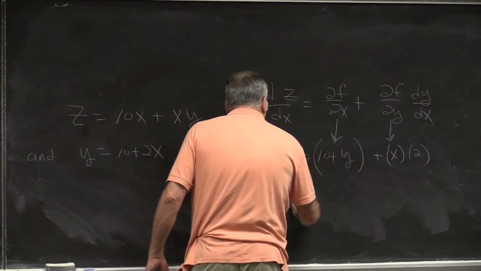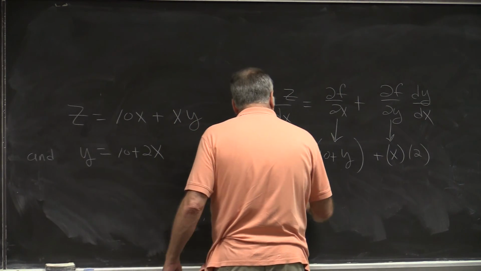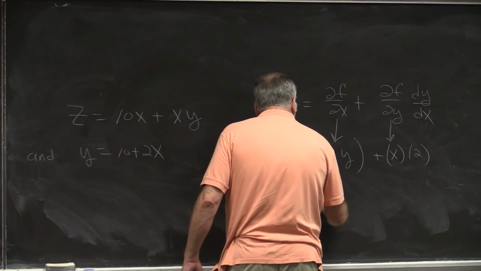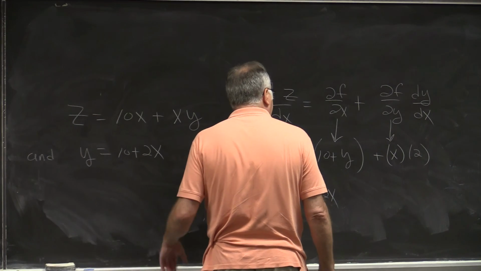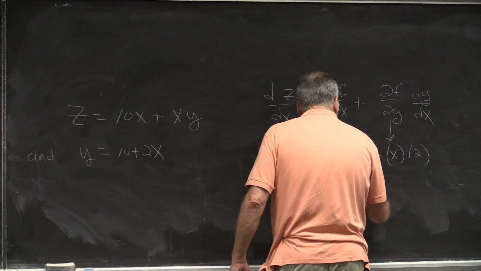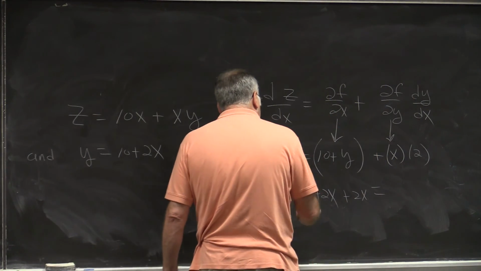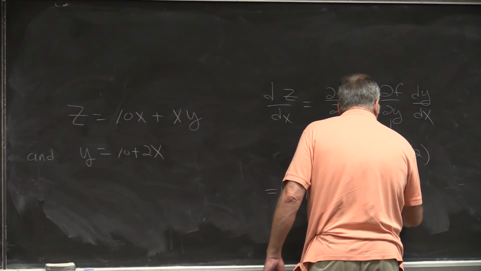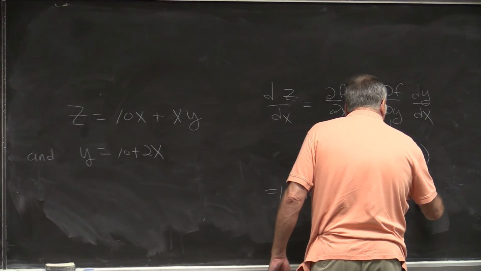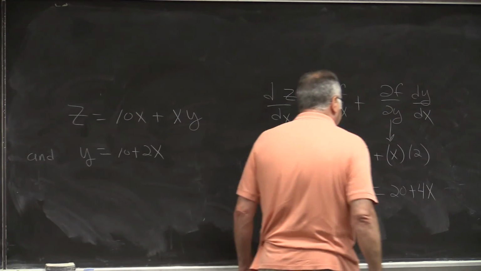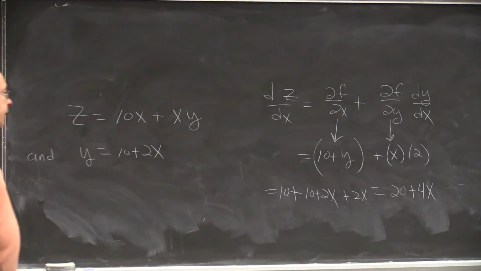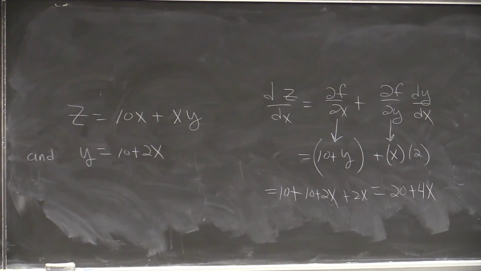So it's 10 plus 10 plus 2x, substituting in for y, plus 2x. So you could simplify this: 20 plus 4x is the derivative of z with respect to x. That's the total derivative, capturing both the direct